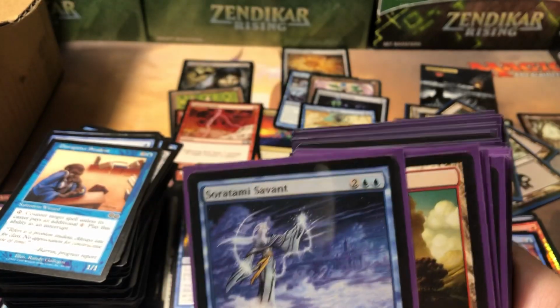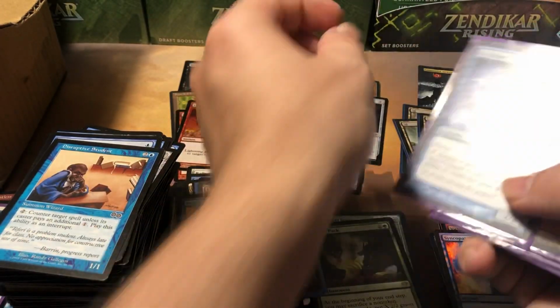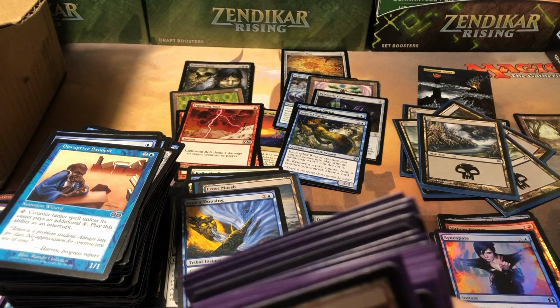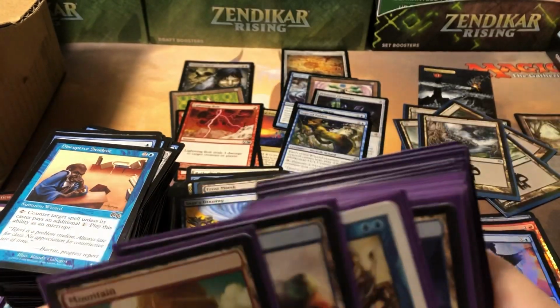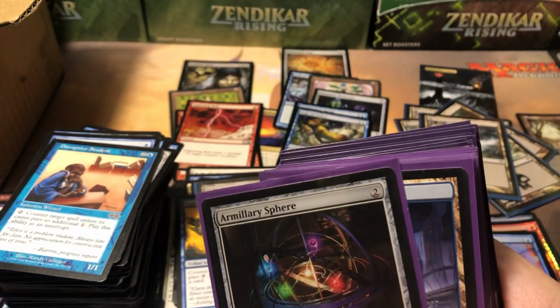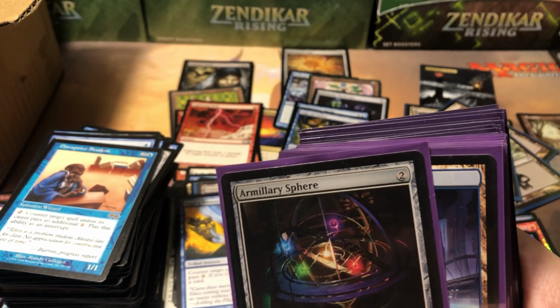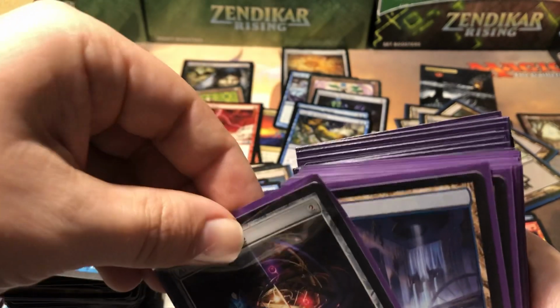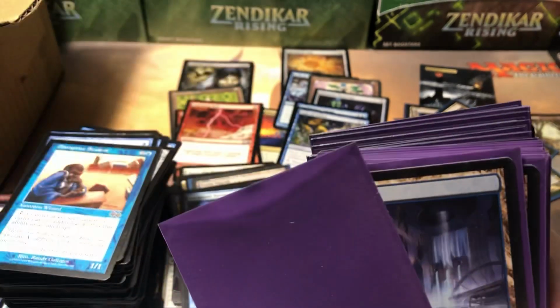Oh, hey, the Sage of Fables is $2. So you get quite a few of these, like couple dollar commons and uncommons, but not enough to justify the kind of money we put into this collection here. So that's not good. The Spear, was that one of the good ones before, or was that one of the